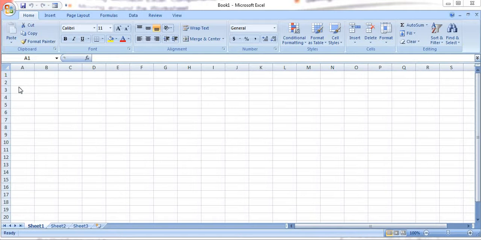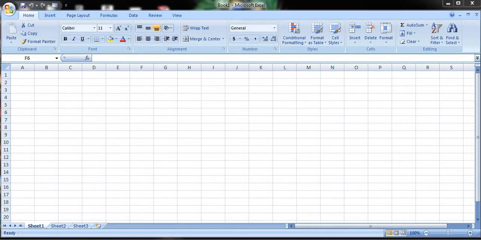See here in the center, we have a number of cells, right? These boxes, 1, 2, 3, these all are boxes. These all are known as cells, C-E-L-L-S, cells. Now if I click here, this is highlighted. If I click here, this is highlighted. So whatever I am clicking, that cell is highlighted, and that is known as the active cell. All these are cells, and the cell on which I click will be active, right? So that is highlighted, so it is called the active cell. So this is the interface.